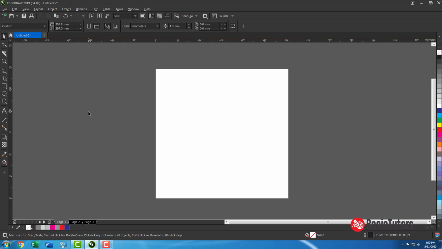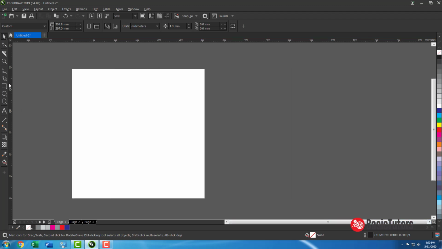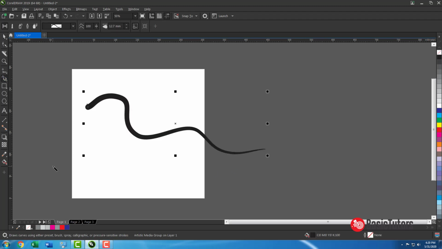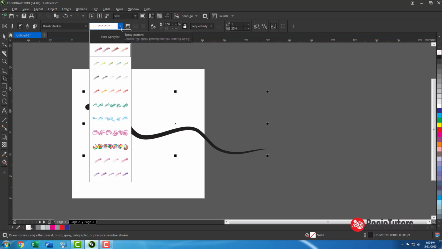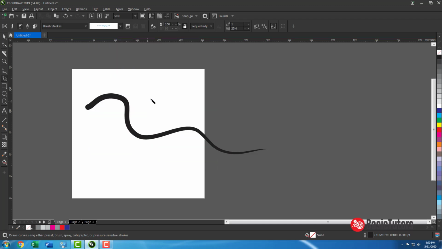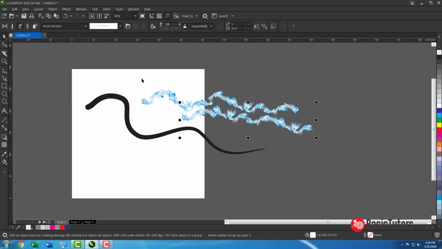The next tool will be the artistic media tool. This is just for making artistic brush-like things. Also there is an image sprayer there. This is just for fun. I think we can use it for making fillings, see, these kinds of things. This is for the artistic media tool.